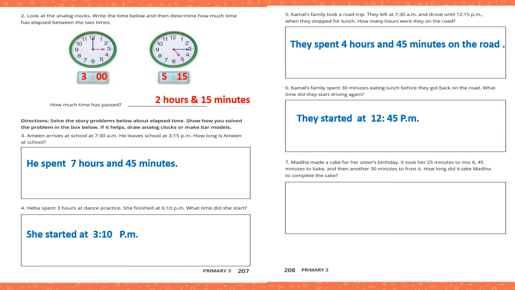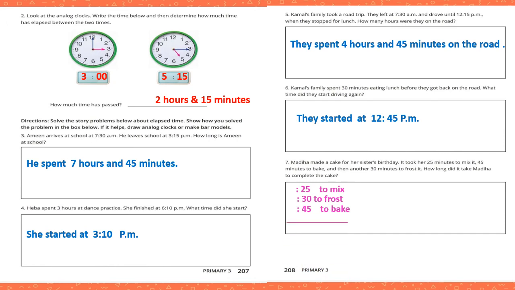Number 7. Madiha made a cake for her sister's birthday. It took her 25 minutes to mix and 45 minutes to bake, and then another 30 minutes to frost it. How long did it take Madiha to complete the cake? 25 minutes to mix, 30 minutes to frost,